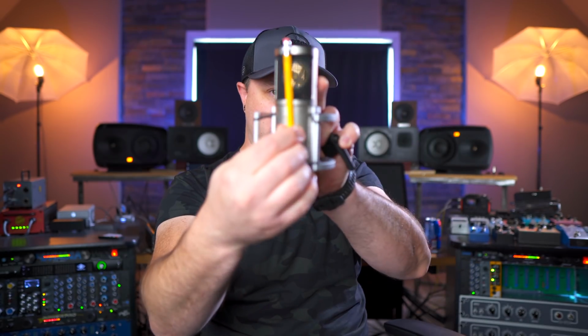All right, these next two I talked about in my last recording hacks video, but a dedicated vocal recording hacks video wouldn't be complete without the inclusion of these next two things. In addition to your pencil trick to try to control plosives and sibilants, one of the things that helps sometimes on singers, if you're having a lot of sibilants with the S's and the T's and the K's and whatnot,